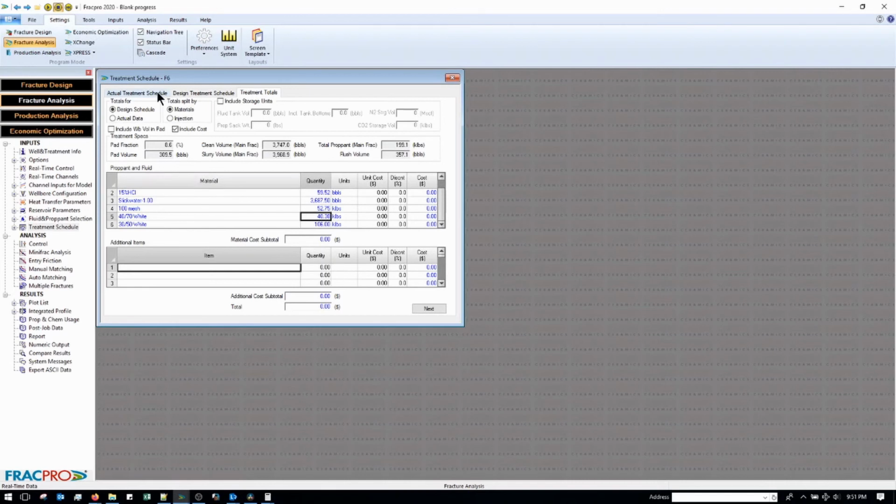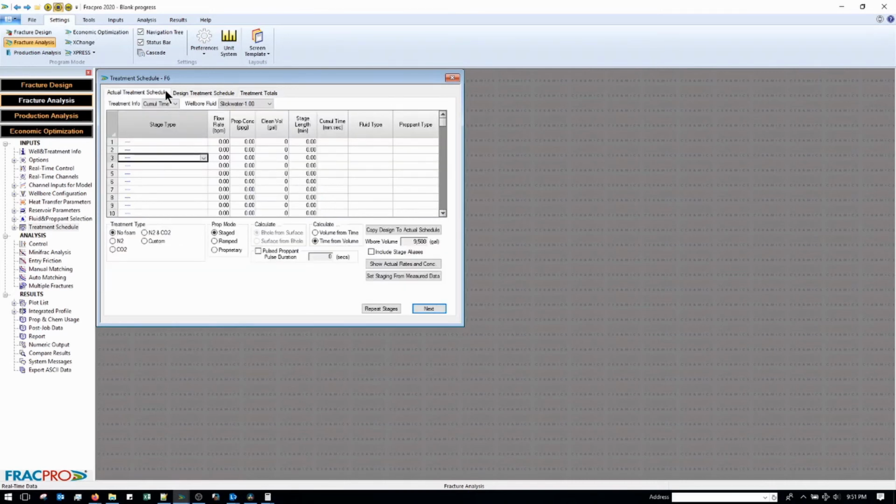At the actual treatment schedule tab, that's what we're actually gonna pump. On the red circle, you can see the button that says copy design to actual schedule. What that will do is it would take the design schedule that you just wrote and it would paste it